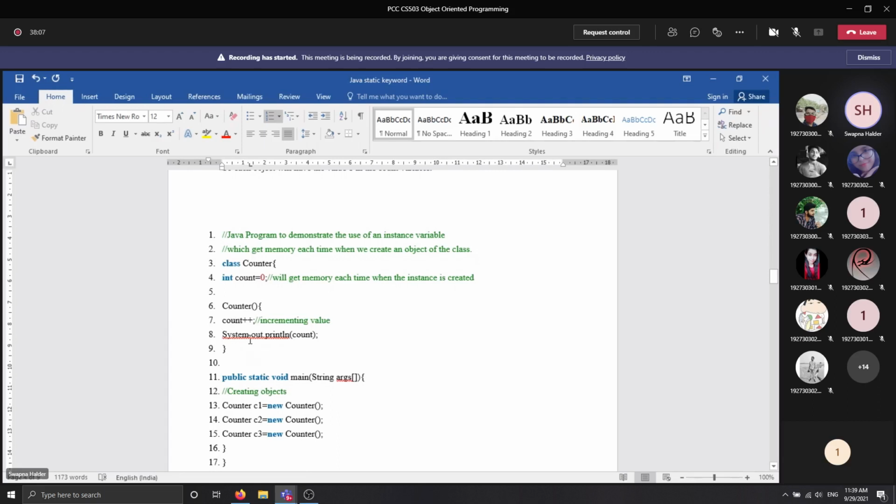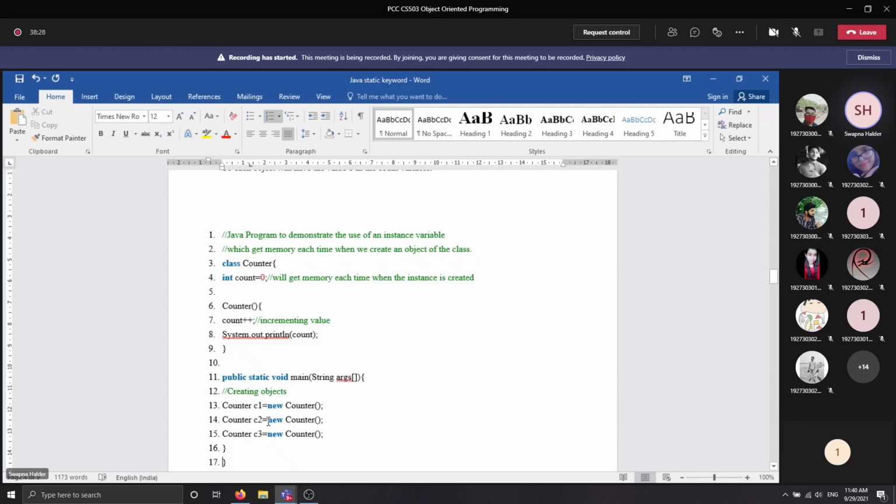And in a SOP statement, you are printing the value of the count variable. Now within the main method, you are creating three objects of the class Counter. So what will be the output?